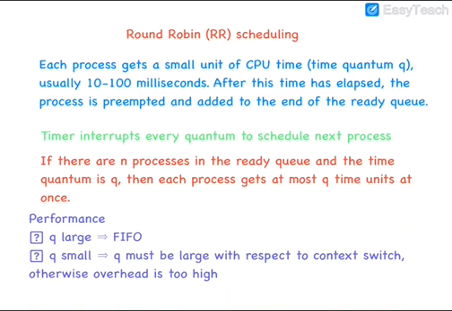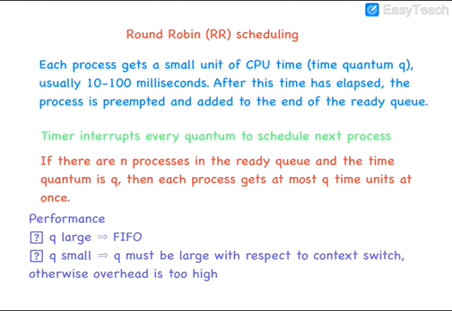Hi friends. So in this video we will be discussing round robin CPU scheduling. Whenever we are dealing with round robin CPU scheduling, we have to get the knowledge of time quantum. So what is the time quantum? A time quantum is a time unit. Usually it will be between 10 to 100 milliseconds, which will be assigned to each process. So every process will get this time quantum of time to get executed in the CPU.